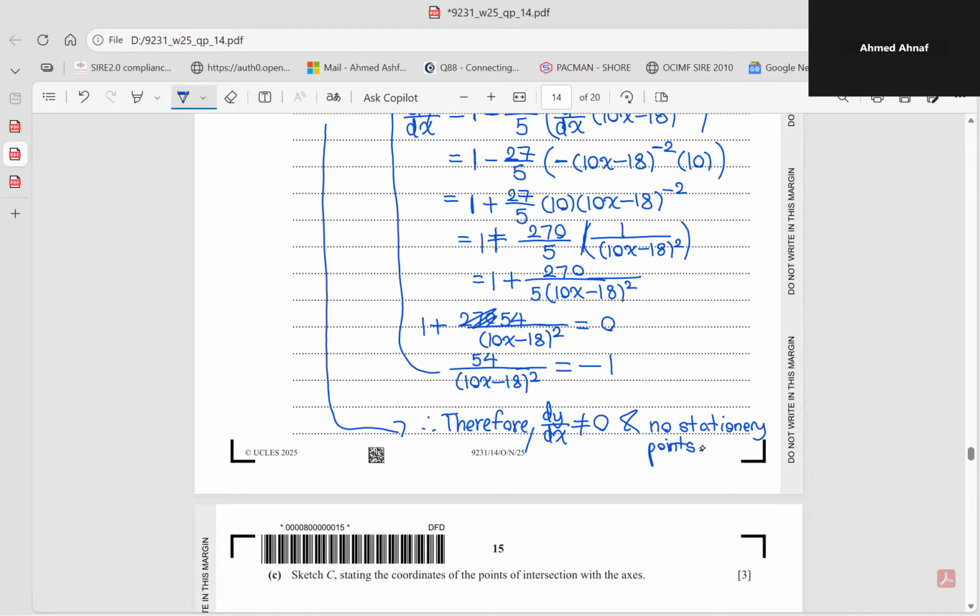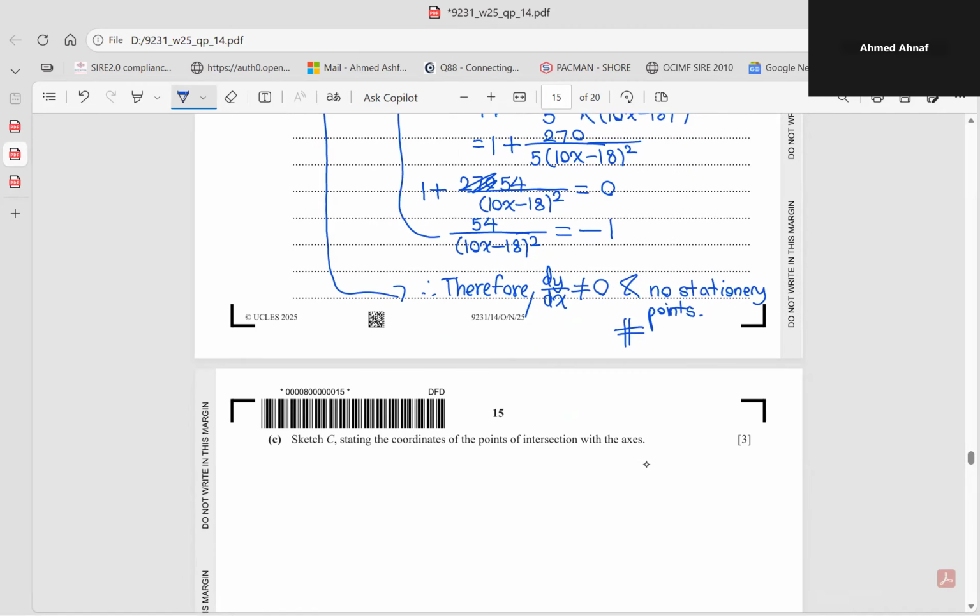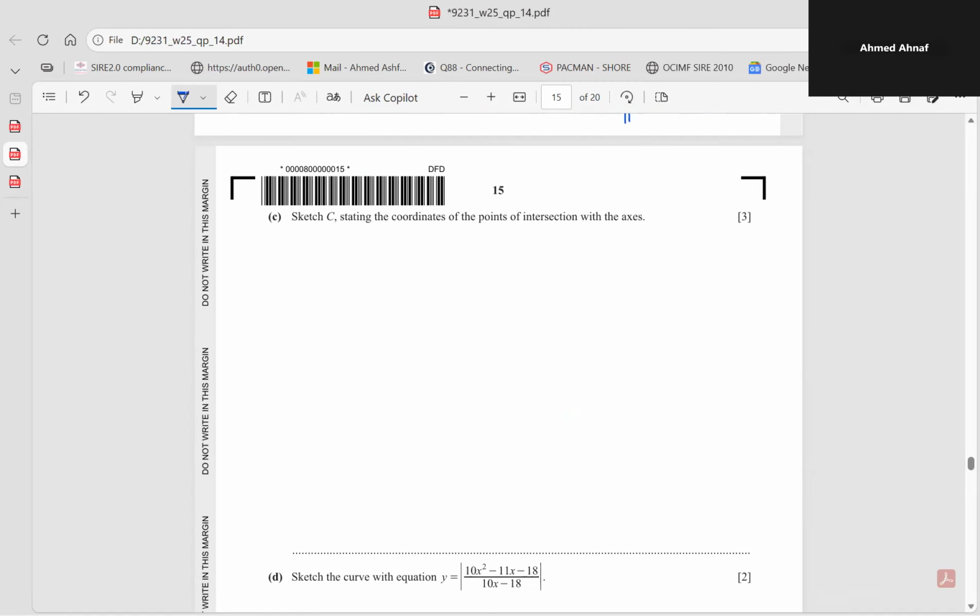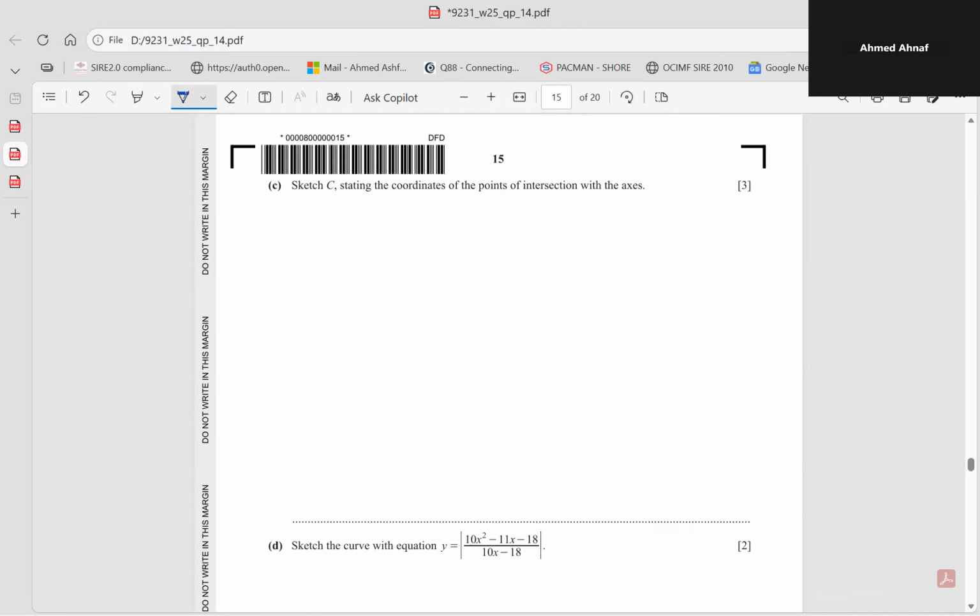So yeah, this would be the final answer for this. Let's move on to the next part. Okay, so here we just have to sketch C, stating the coordinates of the points of intersection with the axes. All right, so to do that, let's just